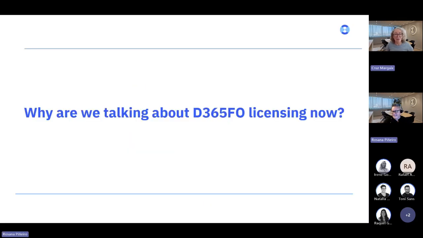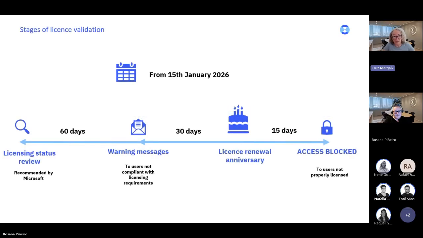So, first question everyone may have in their minds is, okay, why are we talking about licensing today? Why is everyone talking about licensing in FNO these days? And the reason behind licensing being a trending topic is that last year, Microsoft changed dramatically their approach to licensing.